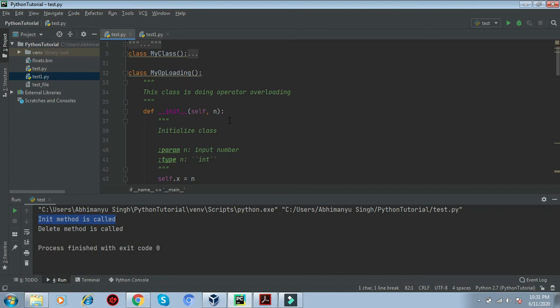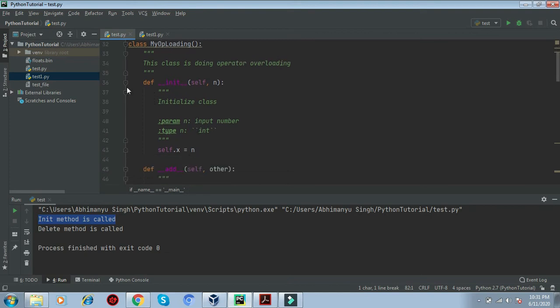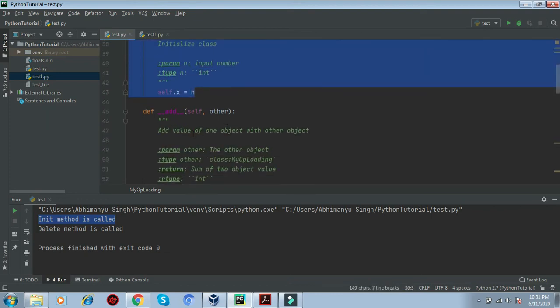So in order to execute these operations, we have to do operator overloading. This is my class, I initialized it in this way, and here I customized the add method.